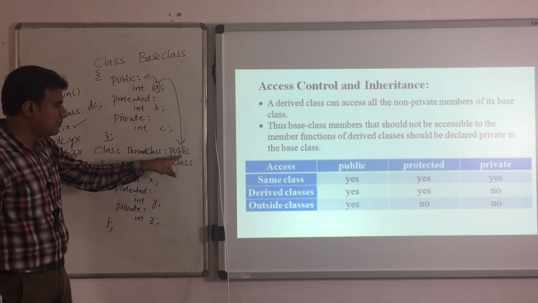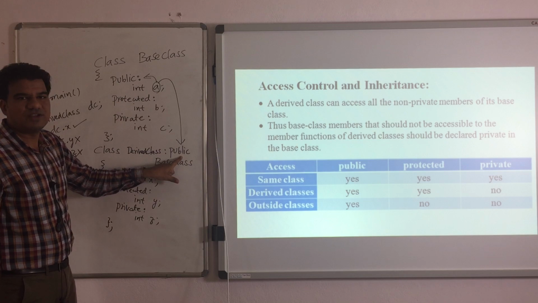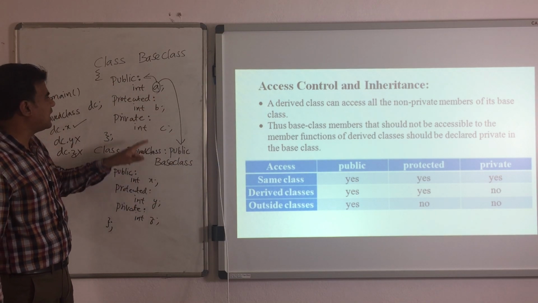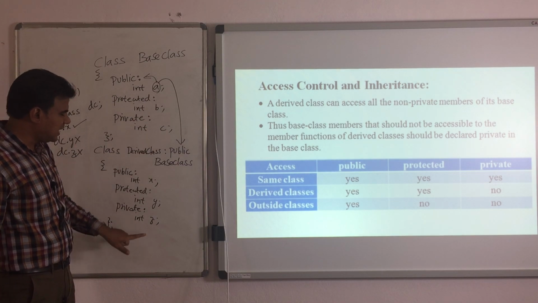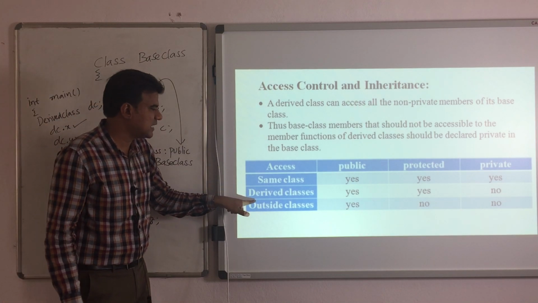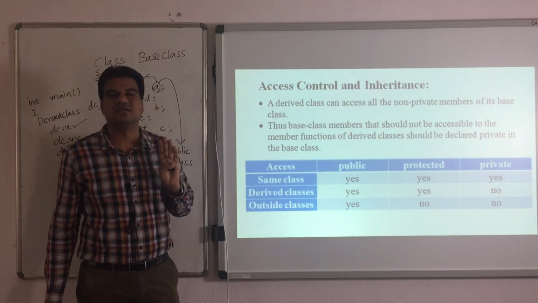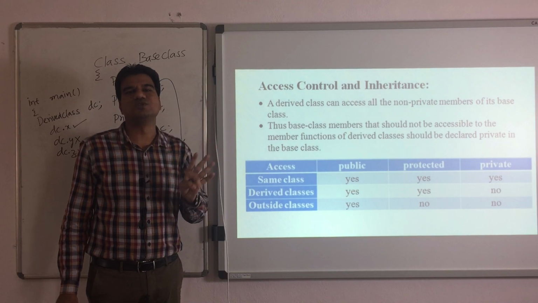Right now my mode of inheritance is public, so this A will become public in the derived class and this B will become protected. Can we get C into the derived class? No, we can't, because C is private, and into the derived classes, private members we don't have access.